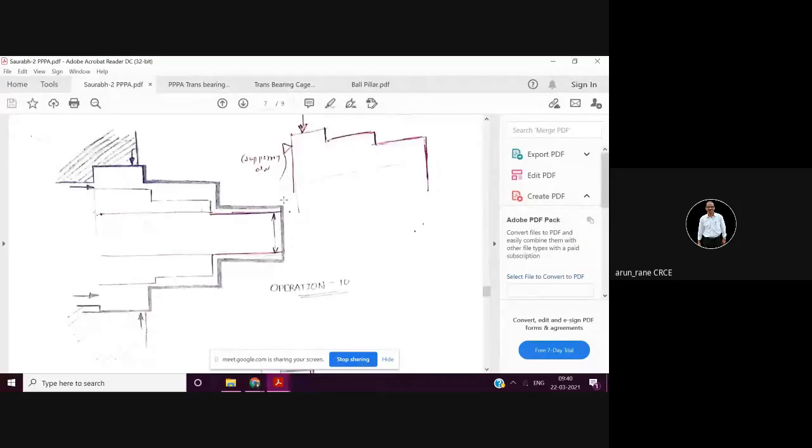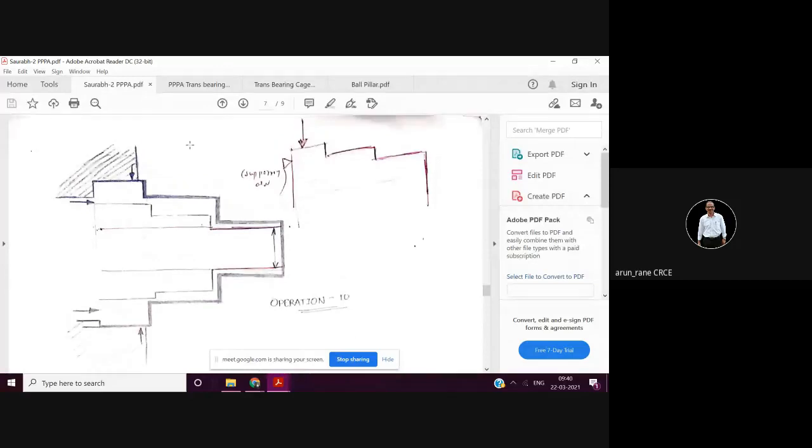This is for your understanding, but symbolically you can show like this, which is also acceptable. If you are not able to visualize how it is actually going to be on the machine, then you can draw like this, that yes, I want to locate here, I want to support also here, and I want to clamp here. This is also acceptable.